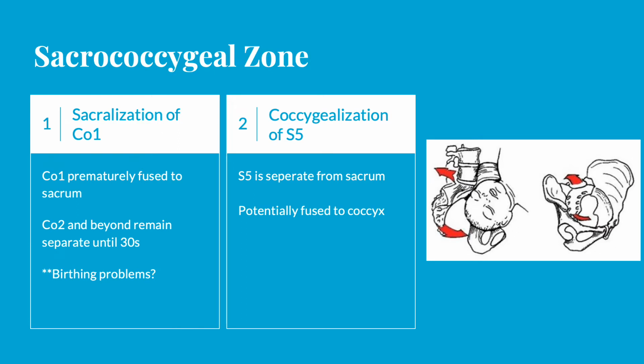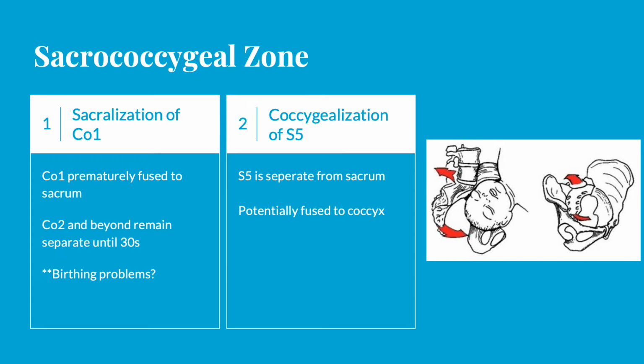All right, between the sacrum and the coccyx. If the first coccygeal segment is becoming more like a sacral segment, it's going to fuse to the sacrum. On the other hand, S5 could be separate from the sacrum and may or may not fuse with the coccyx. So either of these two could potentially be associated with birthing problems because you're going to be changing that pelvic